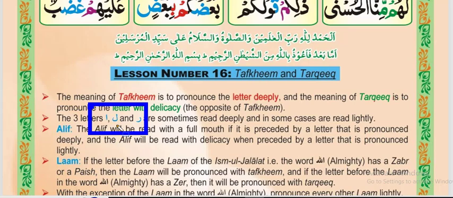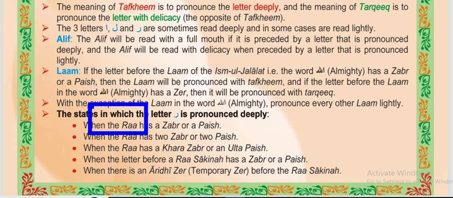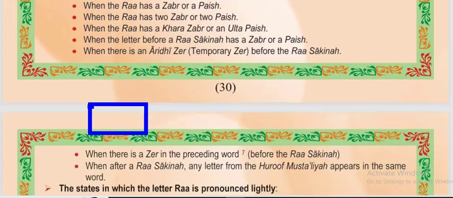That is, if you find kasra before the name of Allah, the name of Allah will be read lighter. But if there is dhamma or fatha over the name of Allah or before the name of Allah, then the name of Allah will be read heavier. That is the same rule as alif and ra. So as I told you, alif, lam and ra are not haruf mustaliya. They are not heavy letters themselves originally, but depending upon some conditions, they are sometimes heavy and sometimes lighter. So this was all about the definition of lesson number 16.